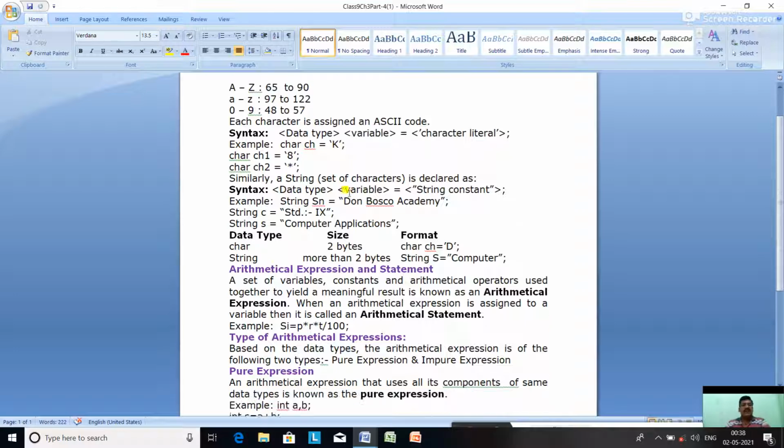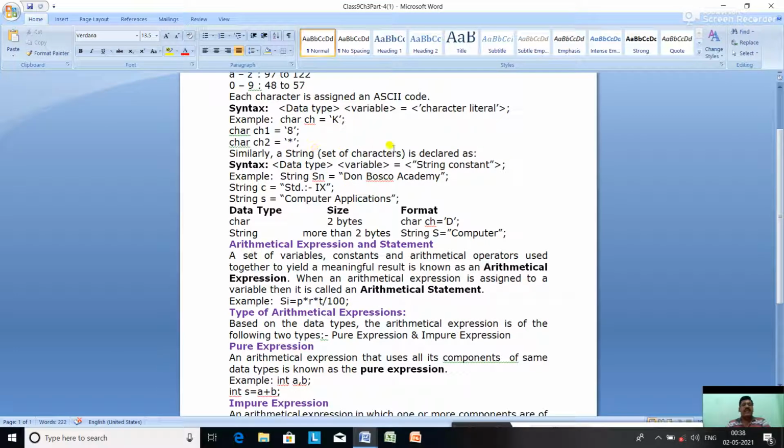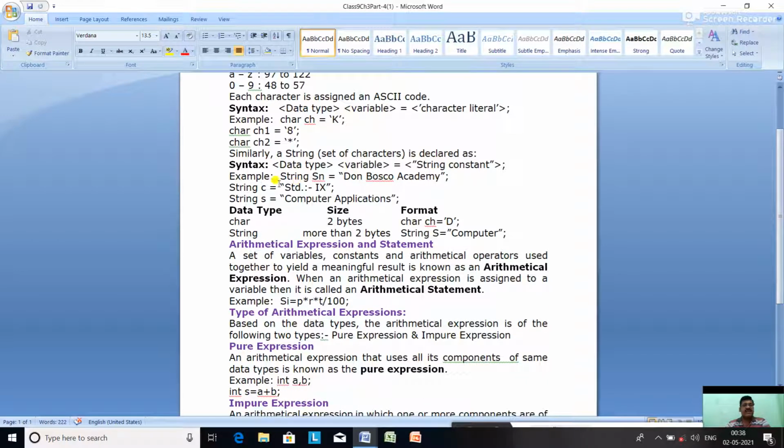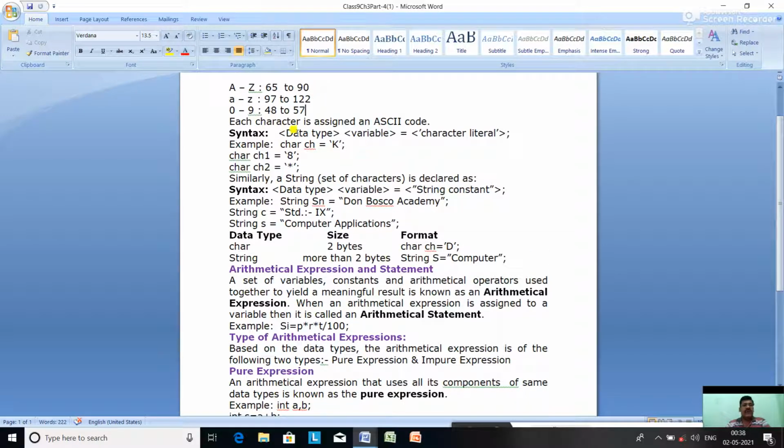Okay. The same way, a string, that is a set of characters, is declared as data type, variable name, and equal to, and the string constant must be enclosed within double quotes. Remember, the data type for a character is char, and the data type for a string is String, whereas char is a primitive data type and String is a non-primitive data type. So example, String sn = "Don Bosco Academy".